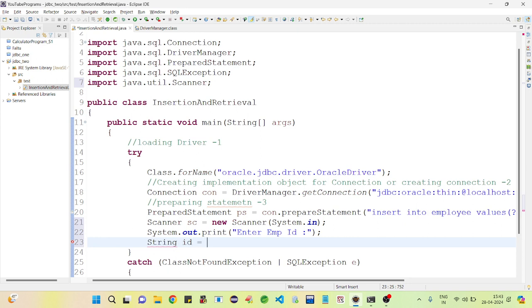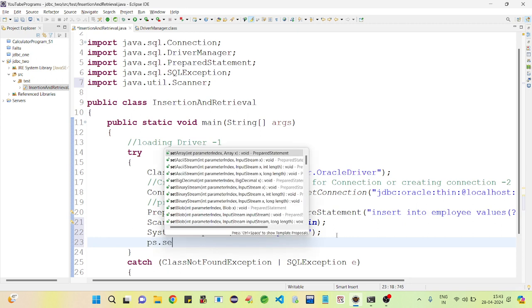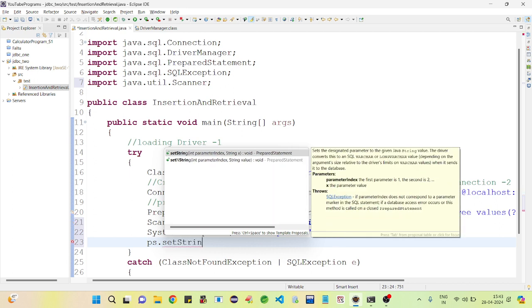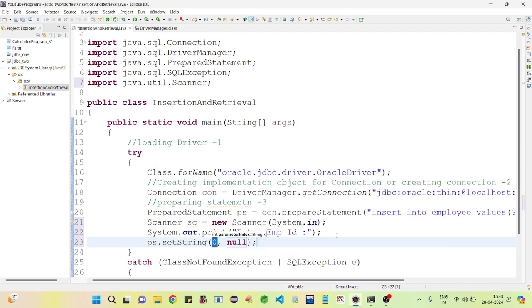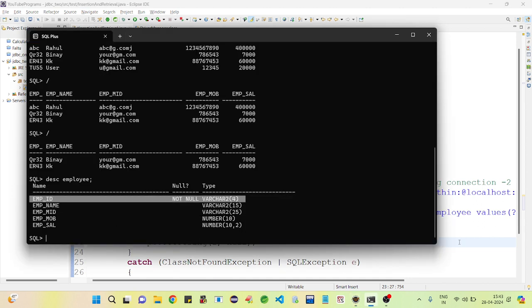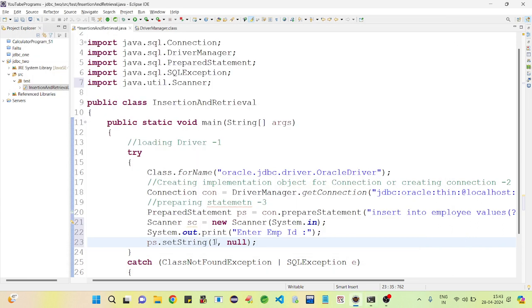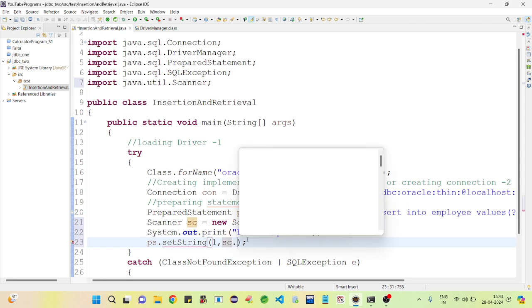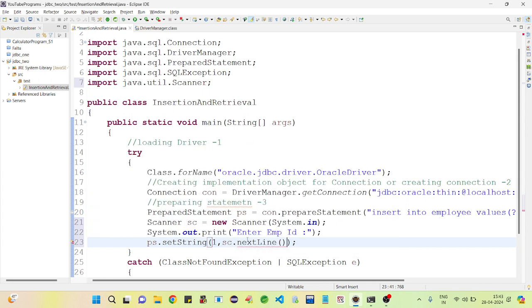String id equal to, I am going to set here ps dot set, id data type is varchar. To set varchar, we are using a string in Java. ps dot setString, index is 1 here and id is at first index. I am writing index number here and here data, sc dot nextLine. Can we write like this? Yes.